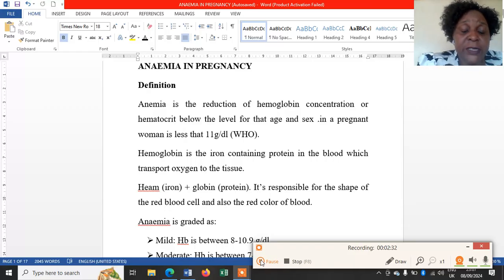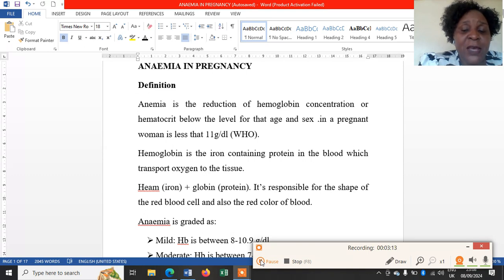So to go back slightly, I wanted to explain what a hemoglobin is. When we say that your hemoglobin is 11 grams per deciliter, it means that, if I could give an example of hemoglobin like sugar in tea, for us to have a normal sweetness of the tea, we may need 2 spoons, and these 2 spoons may have an amount of crystals that make up 2 spoons. So those crystals are the heme.